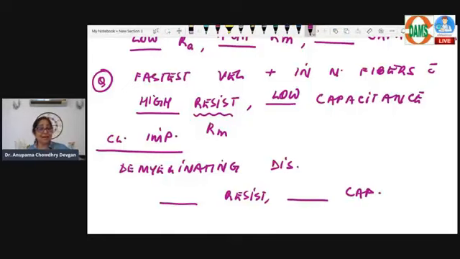In a demyelinating disorder, there's loss of myelin. So membrane resistance will now reduce. Yes. But what will happen to the membrane capacitance now? Lack of myelin, membrane capacitance will now increase. So there will be a reduction in the resistance and an increase in capacitance. Have you understood? The best way to remember this is, please understand that the